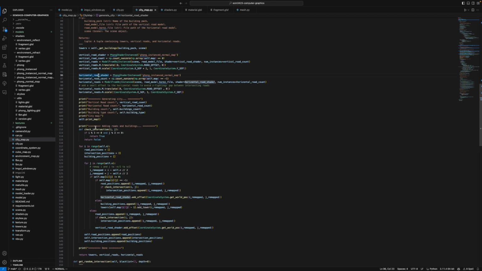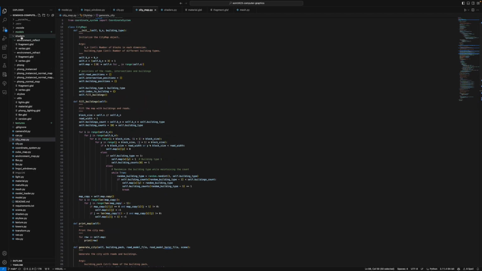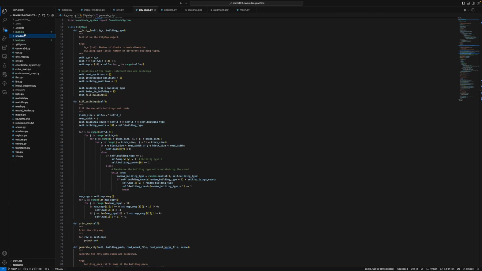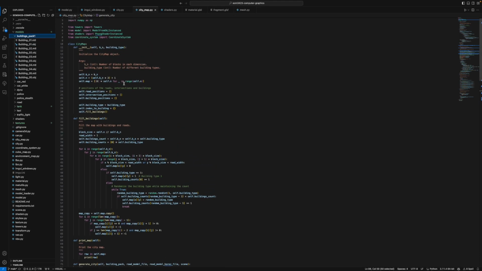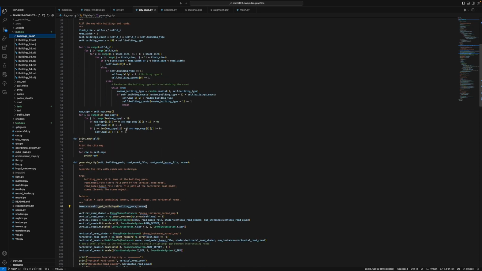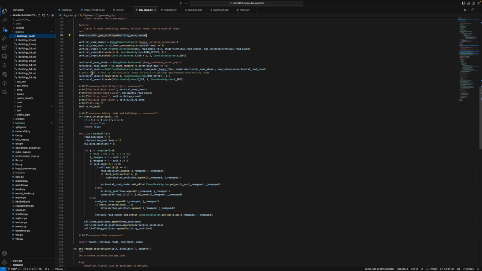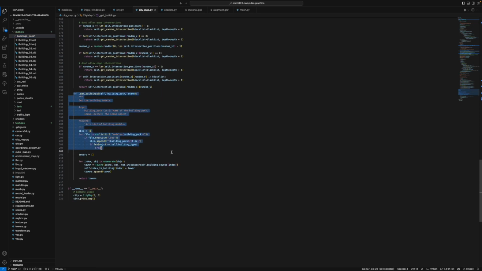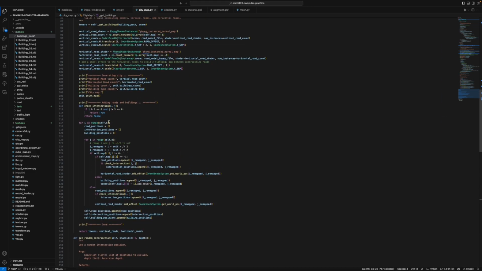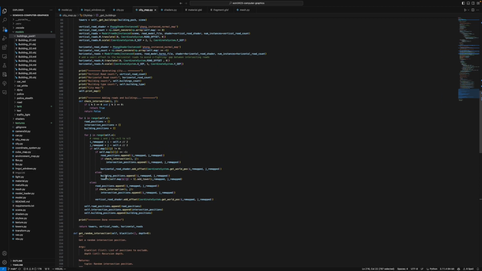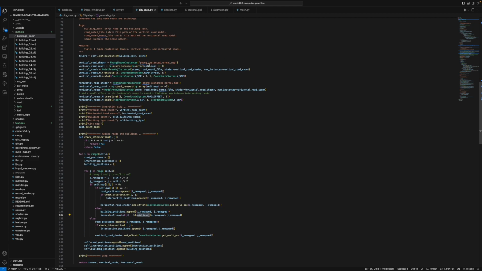They're done in separate draw calls, and the buildings. So the buildings are simply generated by a building pack, which is simply in the models building pack, and all the different building folders are in here. A single instance of that building is created, which can be seen inside the generate buildings method here, where a single instance is created of this towers class, and then when the city map is created, it's using the towers add tower method, which adds an offset uniform,